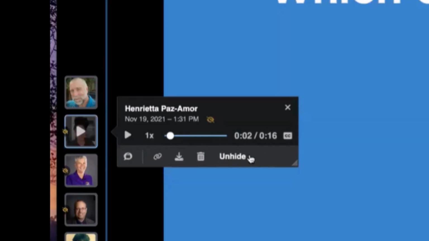All right, as long as you have comment moderation turned on, you will see the hide, unhide option in the comment bubble. Once you turn comment moderation off, you can unhide a comment, but then you won't be able to re-hide it because there's no comment moderation turned on. All right, so that's just the basic idea.